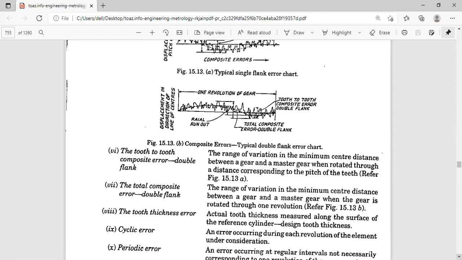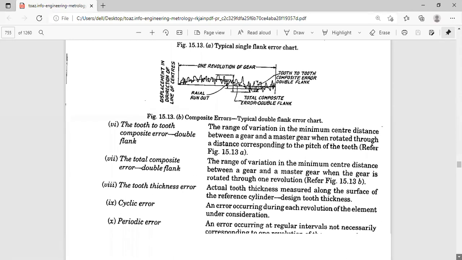There's a procedure in the lab we can discuss. Tooth thickness is measured along the surface of the reference cylinder minus the design tooth thickness. The design tooth thickness has a particular value, ranging from 3 to 3.5 for a spur gear. You can see it in the lab.